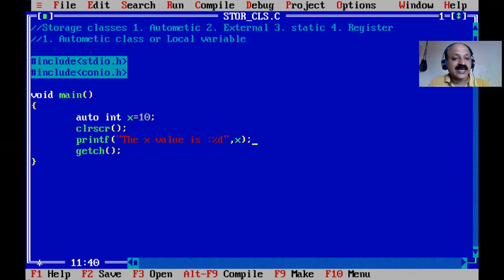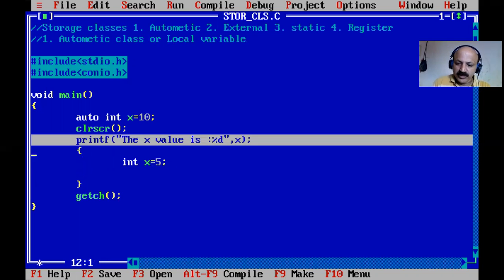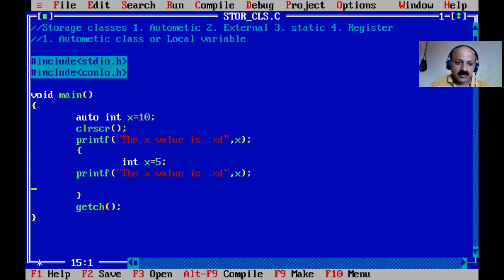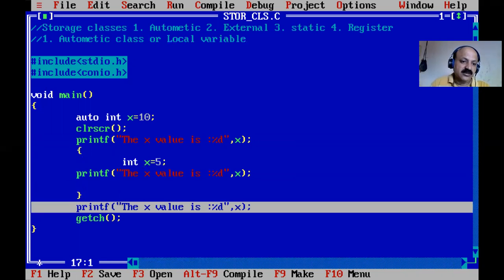There is block structure programming, and here I can also assign x again with a value of 5. Let us print it. I copy this line to here. What value prints here? Also print it outside of this brace.